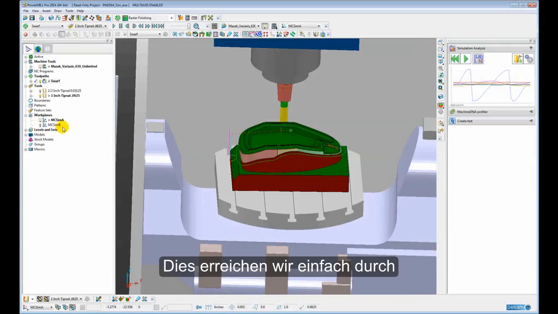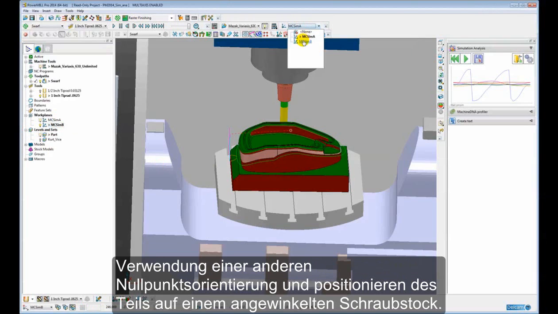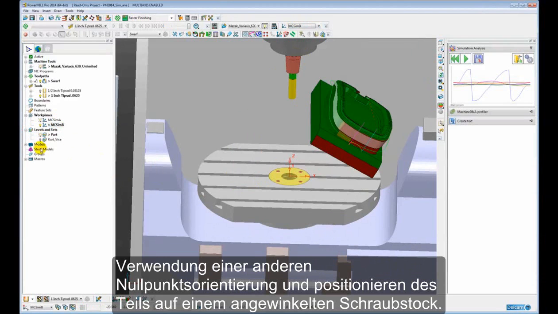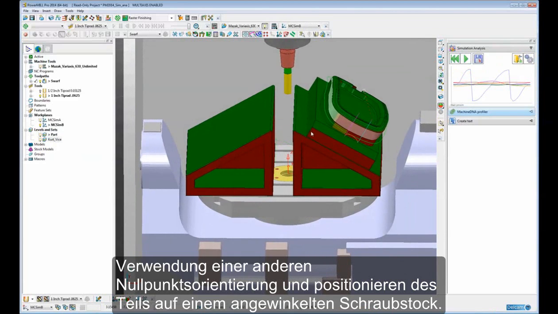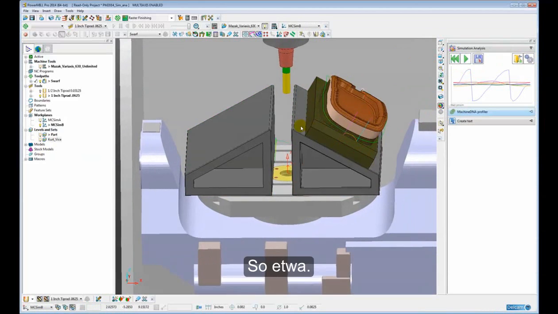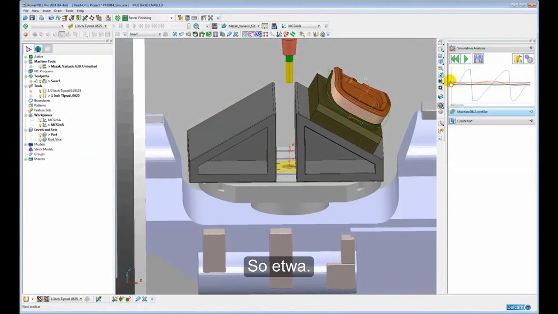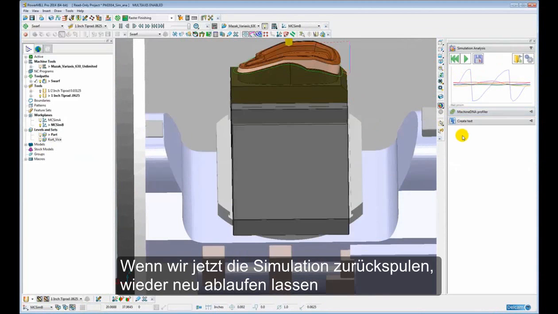And the way we can do that is by simply using a different datum orientation and positioning the part on an angled vise, like so. So now if we rewind the simulation